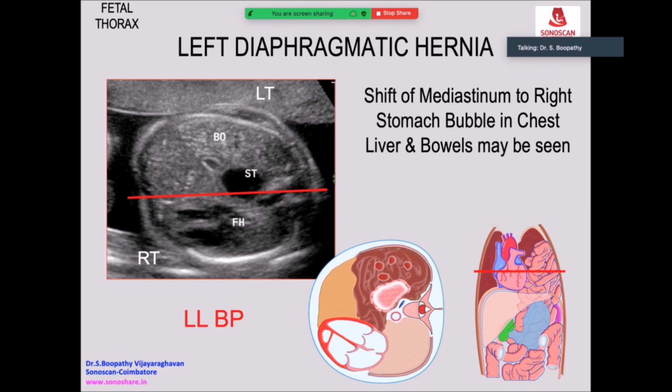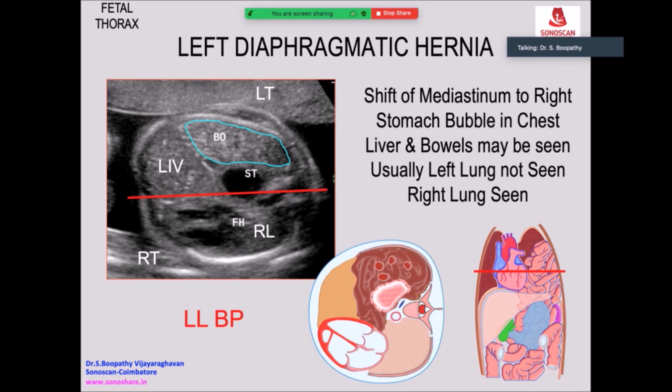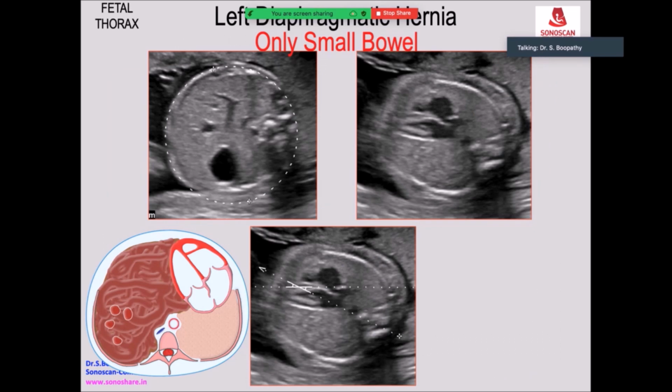In the hernia, there may be liver and bowels seen, and usually the left lung is not seen, whereas the right lung is seen. So here you see the abdomen containing the stomach bubble, whereas in the heart you see the mesocardia, the apex of the heart, the axis is decreased